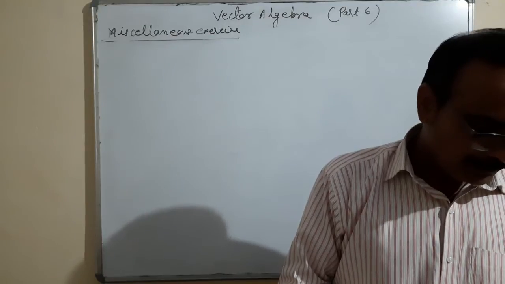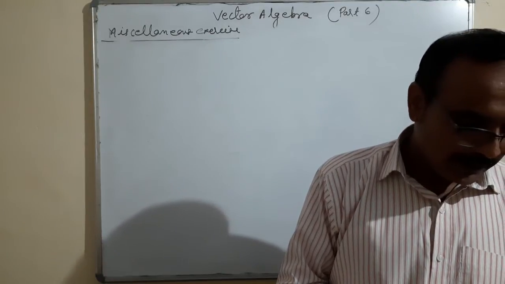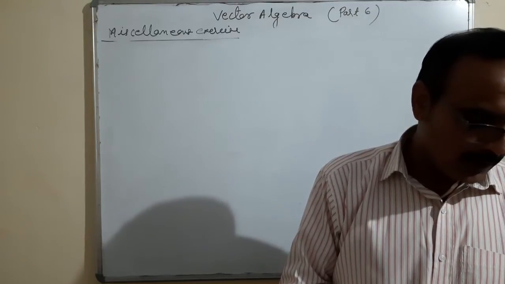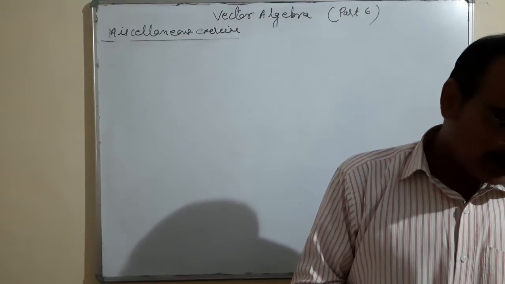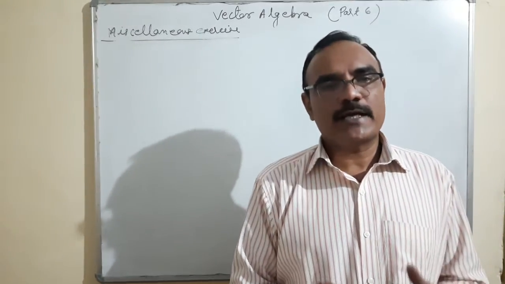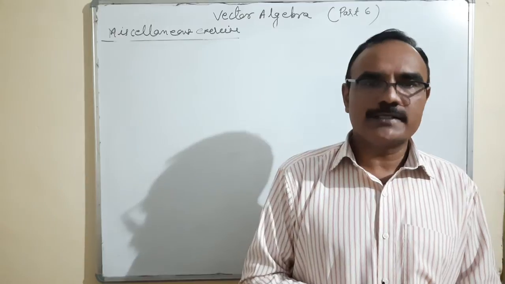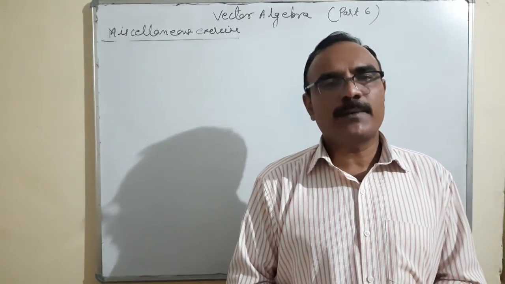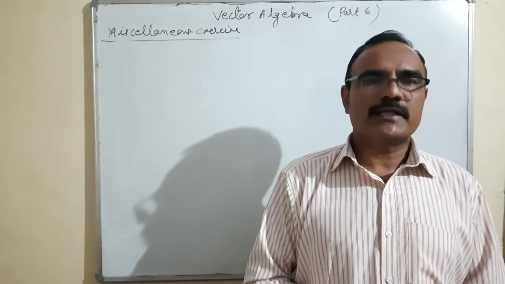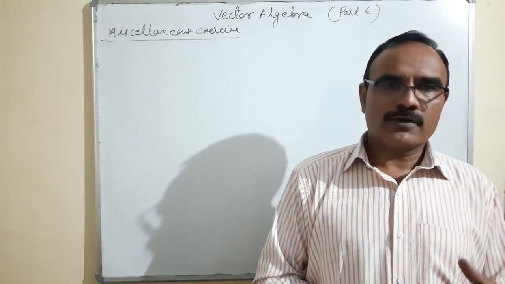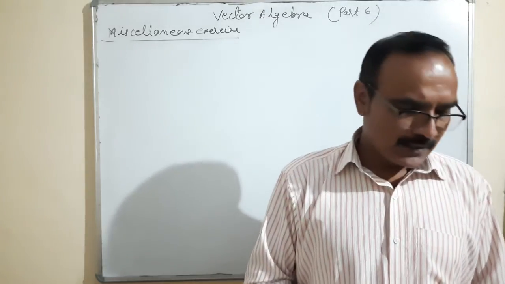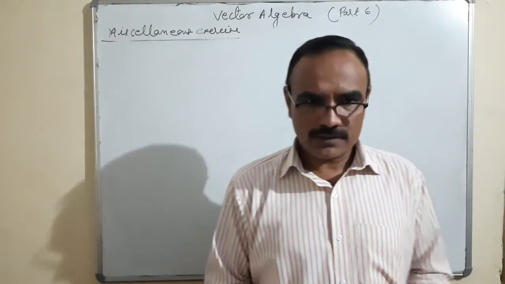The 11th question is given: show that the direction cosines of the vector equally inclined to axes OX, OY and OZ are plus minus 1 upon root 3. Equally inclined, what does it mean? You know the formula cos square alpha plus cos square beta plus cos square gamma is equal to 1. If they are equally inclined, then 3 cos square alpha is equal to 1. Therefore cos square alpha is equal to 1 by 3 and cos alpha is equal to plus minus 1 by root 3. So this is the result, plus minus 1 by root 3 for all.